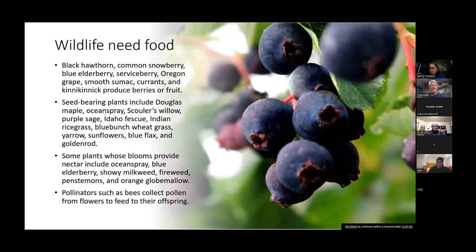Oregon grape, smooth sumac, currants, and kinnikinick all produce fruits and berries. And then there's seeds, which of course birds and small animals eat. So Douglas maple, ocean spray, Scouler's willow, and I'll have the Scouler's willow later too, but if you're wondering why